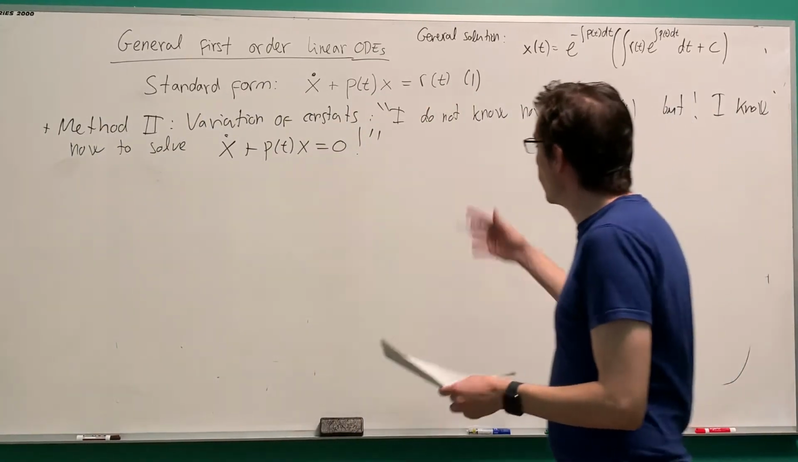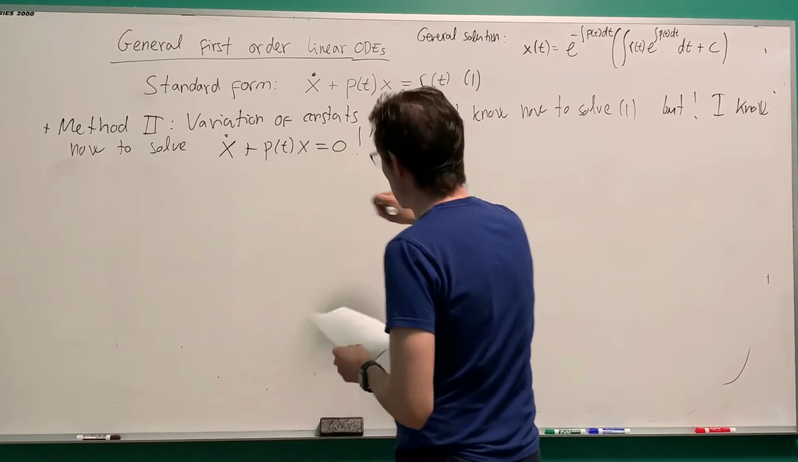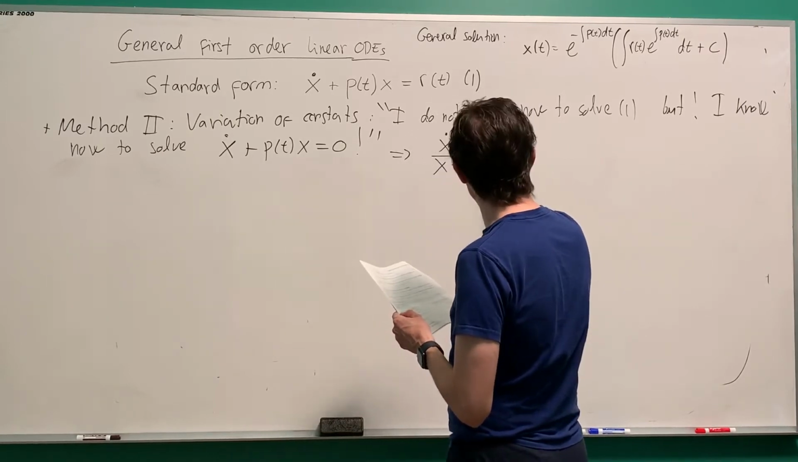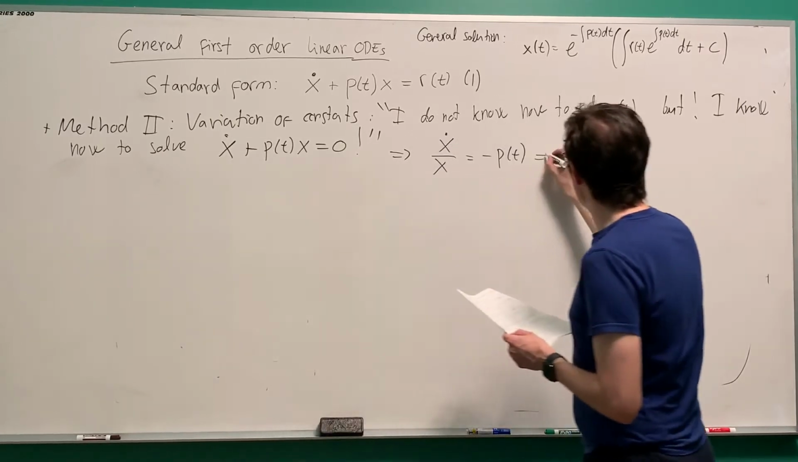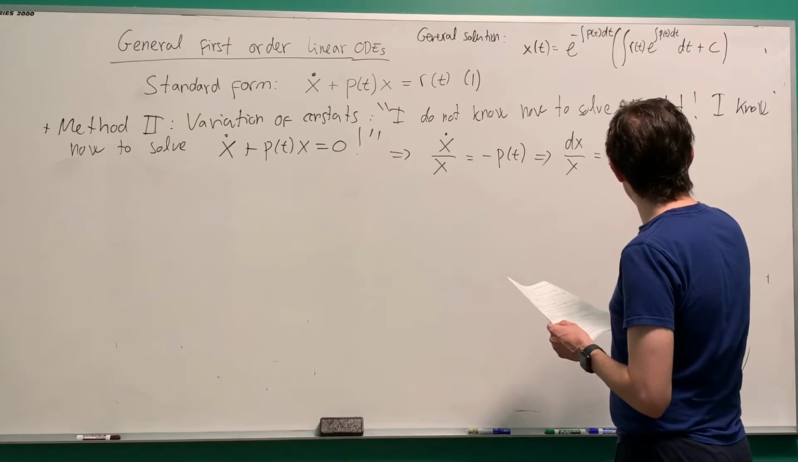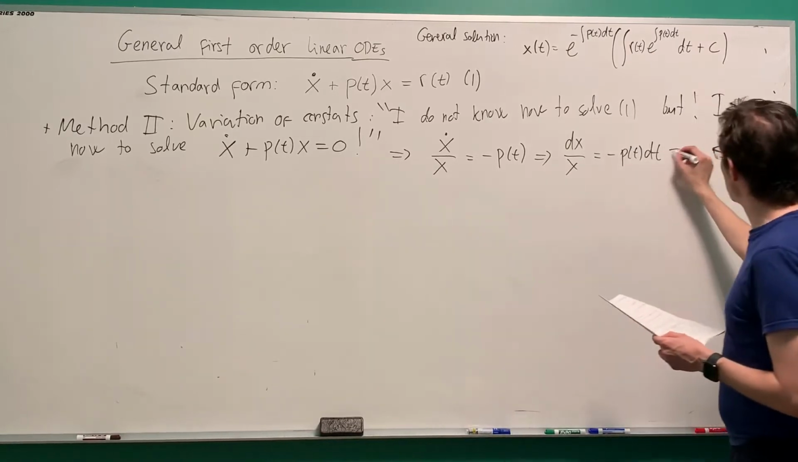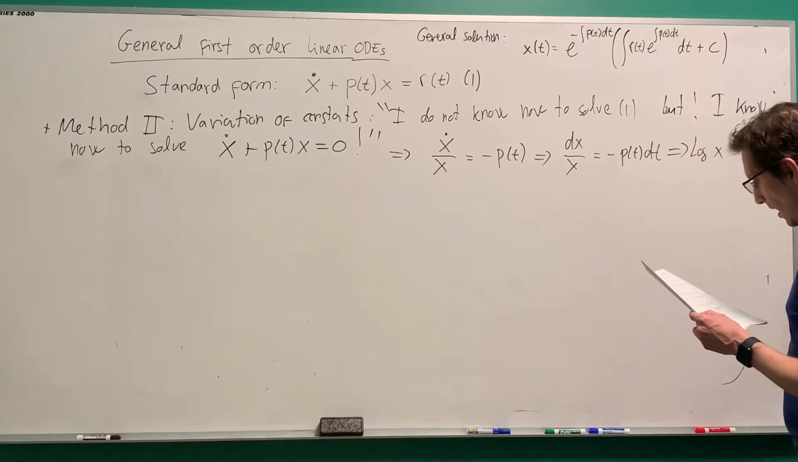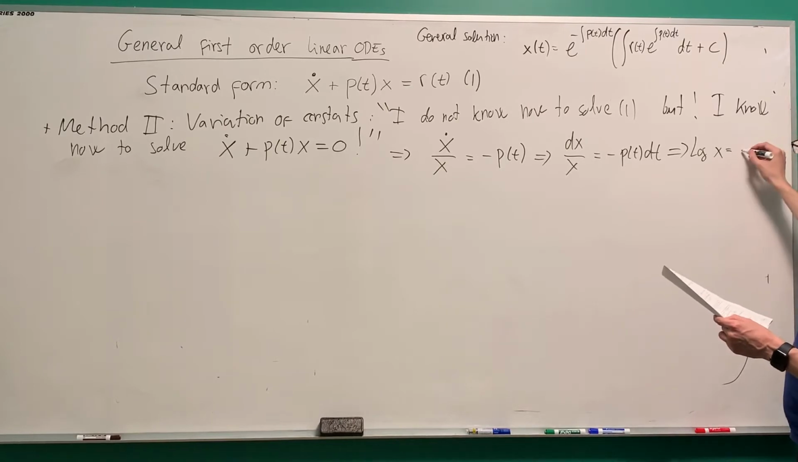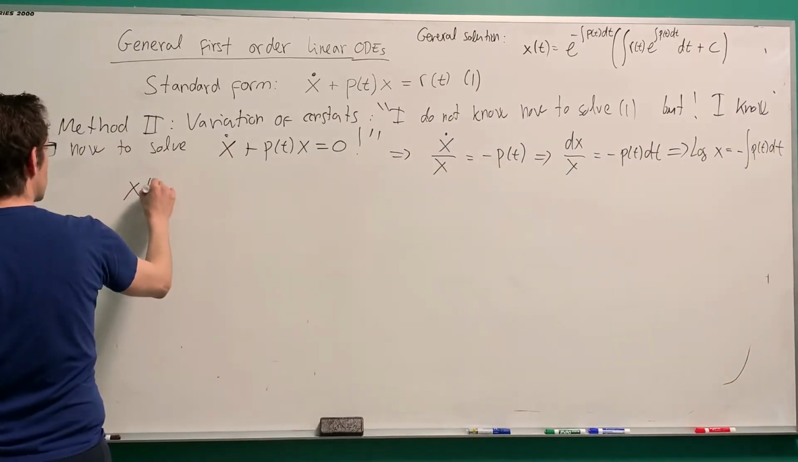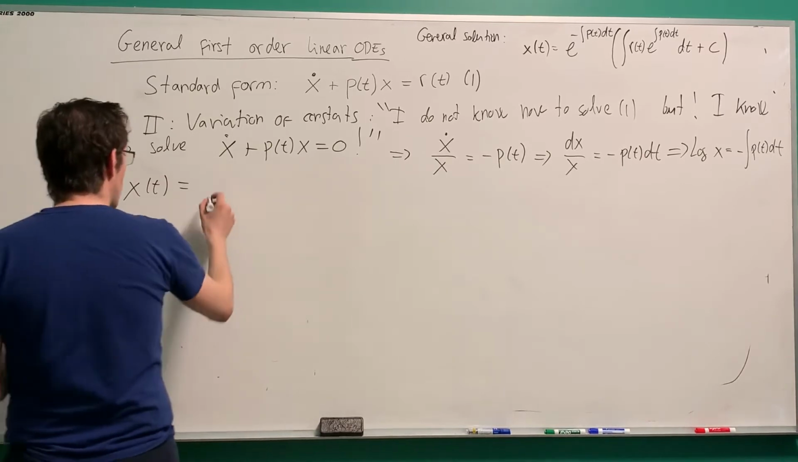If it's the homogeneous version, well, it's separable, right? So then we get x dot divided by x equals minus p of t, which again is the same as dx divided by x equals minus p of t dt, which we can integrate, and we get log of x equal to minus the integral of p of t dt, and then we undo the log with an exponential, and we find that x of t would be equal to some integration constant